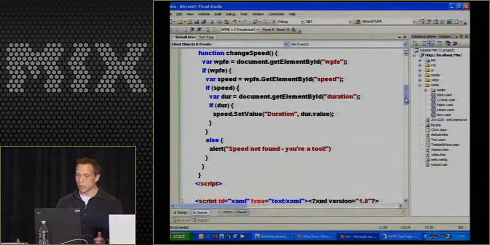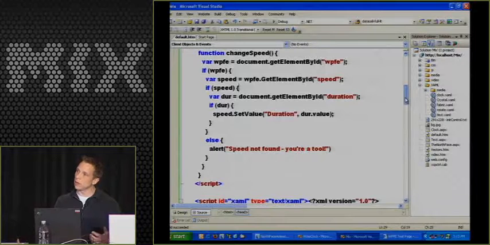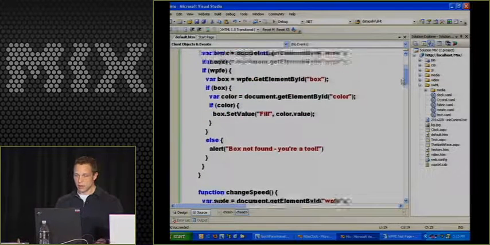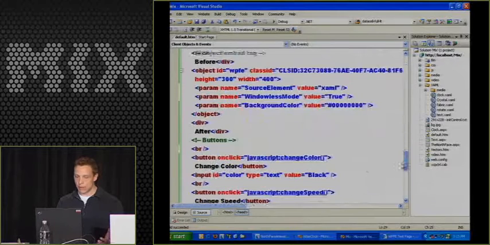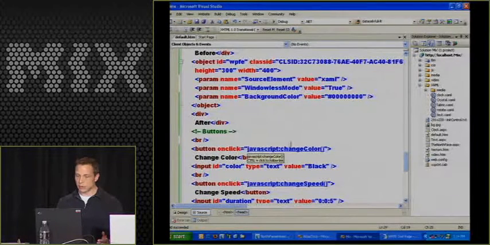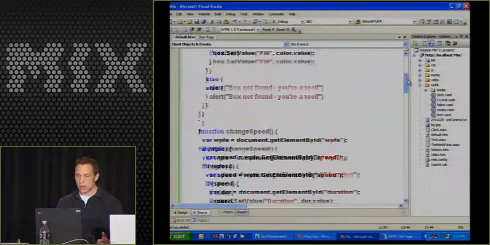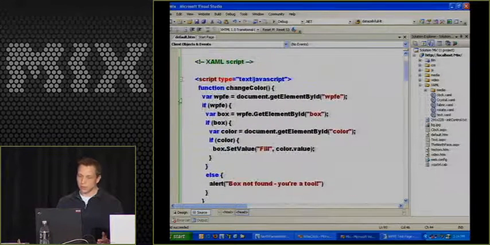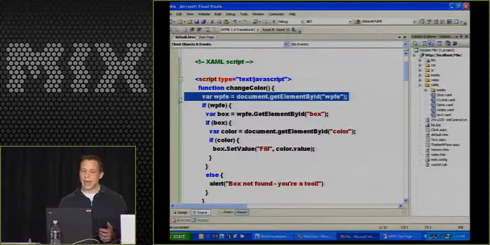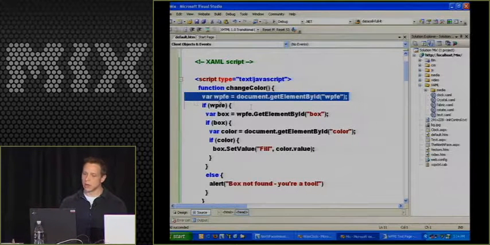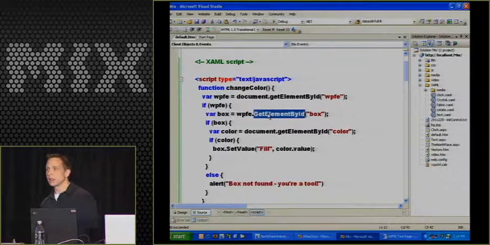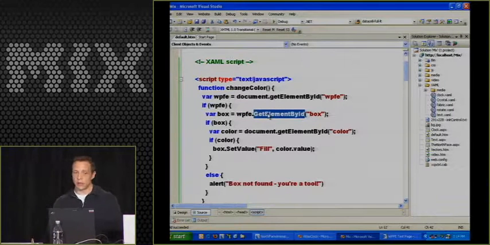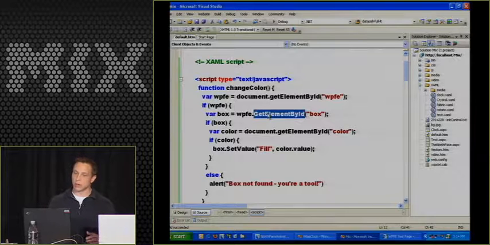And just to show you, the programming model is pretty straightforward. If you're familiar with the standard DOM-based programming model, you'll find this real familiar. So I added a button down at the bottom, and I have it hooked up to a function called change color when I click on it. And if I go look at change color, all it does is it gets my hosted control, and then we have this DOM within a DOM concept, where what it does here is it just goes ahead and queries our tree, the WPF tree, to start getting elements,